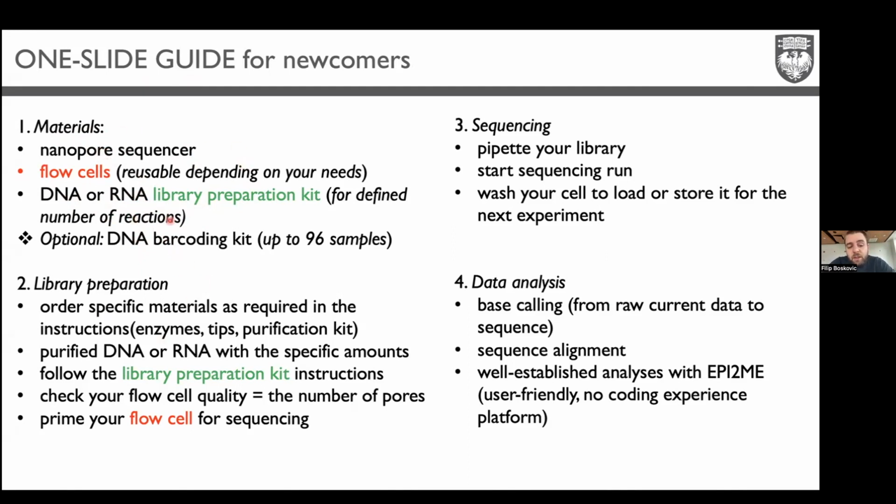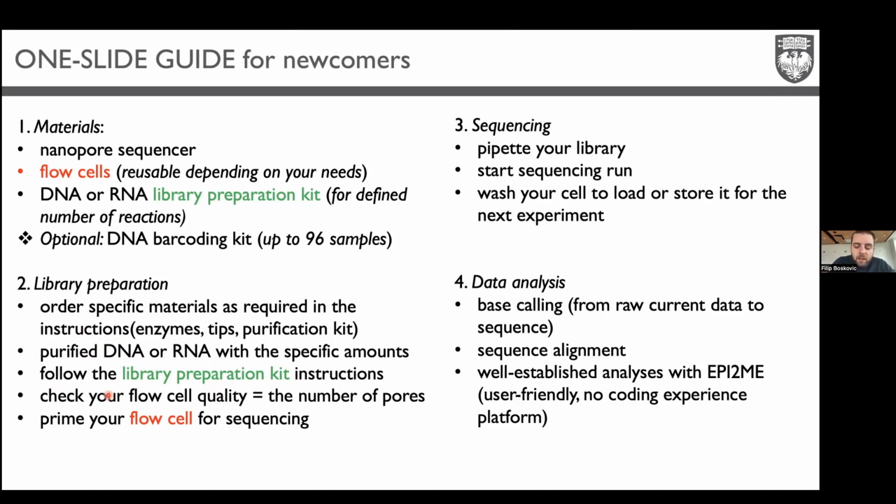Once you start, you should read the library preparation kit's protocol. That would enable you to use your purified DNA or RNA with specific amounts. Also, they tell you what they suggest, but you can have less or more. You follow the instructions, and then the important thing is that the flow cells, compared to Illumina, but probably in Illumina as well, but here it is more important, can differ because there is an array where the maximum is about 2000 pores. But because they're in solution, right? So you go to transport and so on. It could be from 900 to